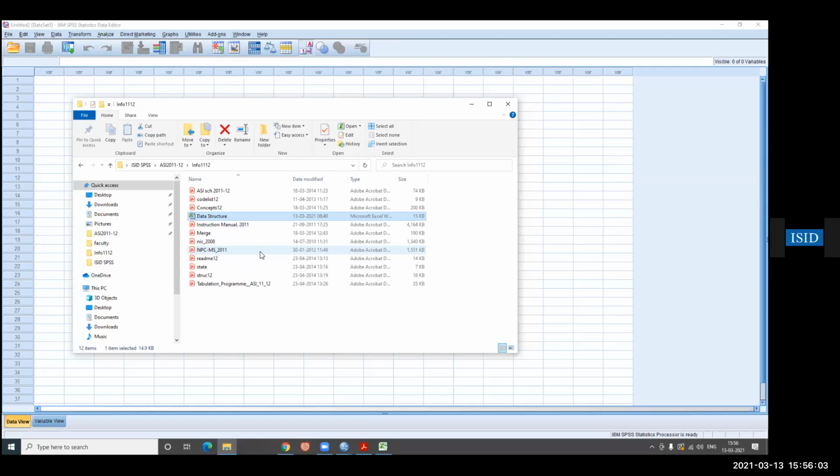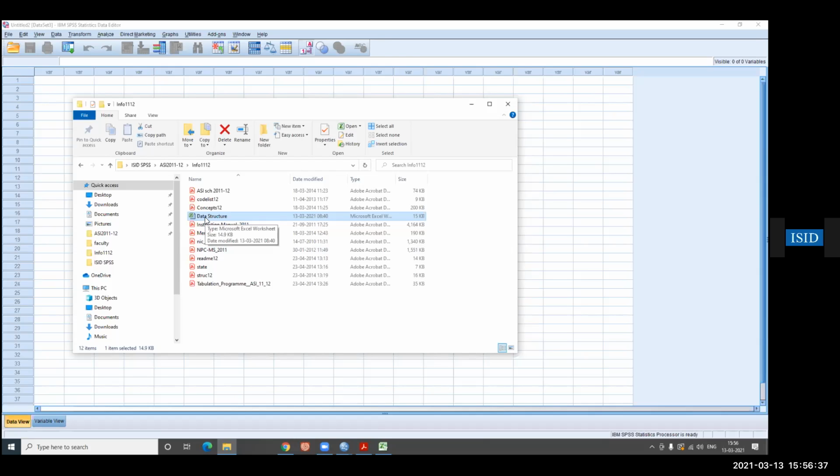So there you will get all NSSO, ASI, or any kind of national survey data. Now the basic method of getting the data or extracting the data from those unit level data is the same. Only the data differs, but the methods are the same. So if you learn it, then you will be able to handle any kind of data. So quickly, I'm going to show how you can extract